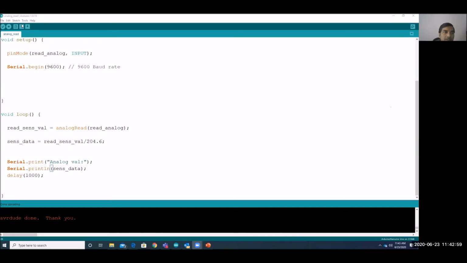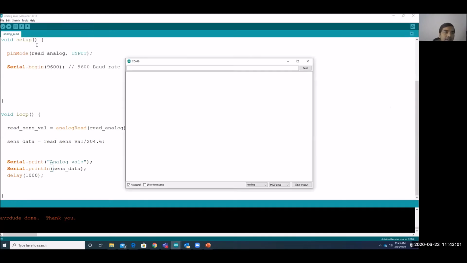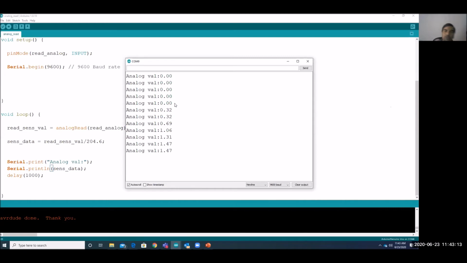So currently if you see, we are getting a lot of values here. If we change the sensor, you can see we are getting 0.3 to whatever value; we can get a number of values in between. This is what we are getting from analog. But if you change to the digital sensor, you will get two values only, either high or low, because that does not have any middle value. That is the difference from analog.